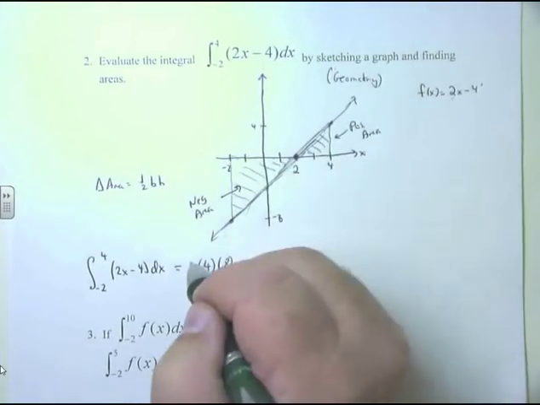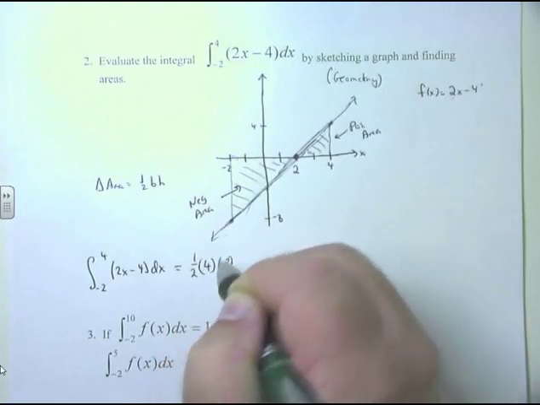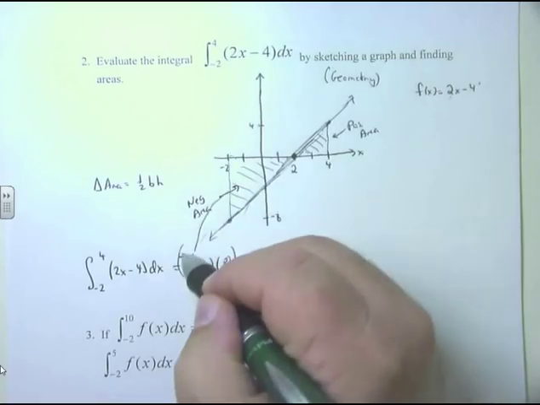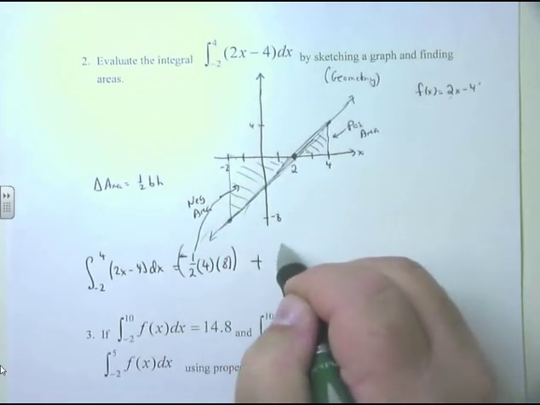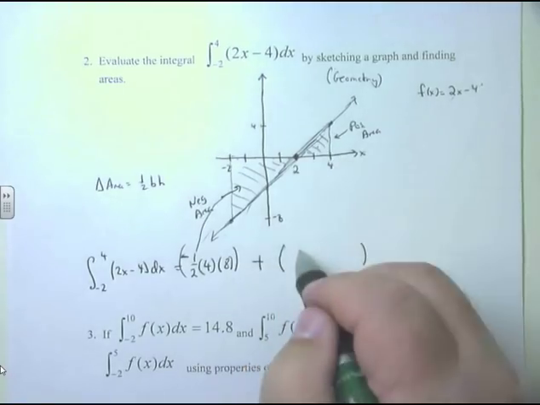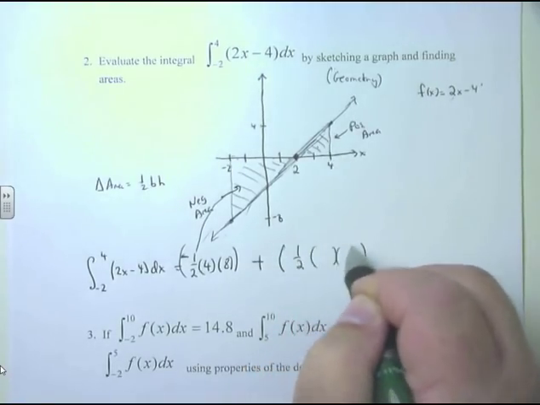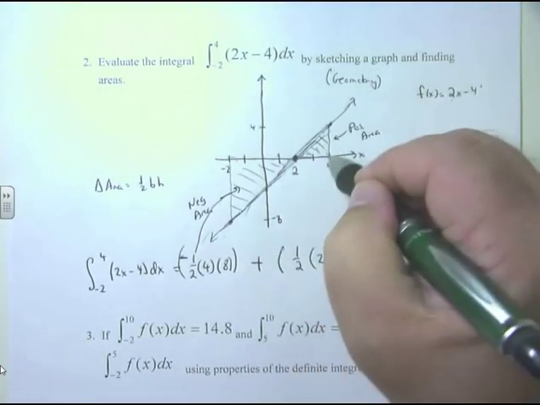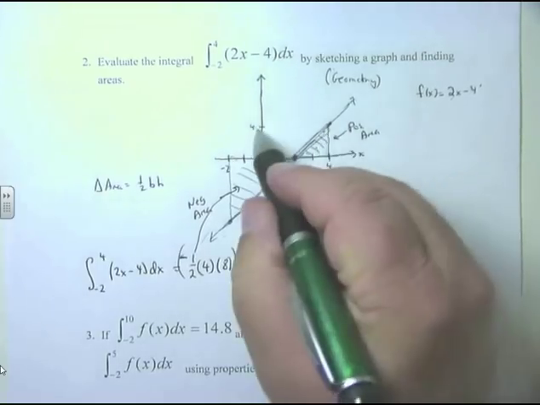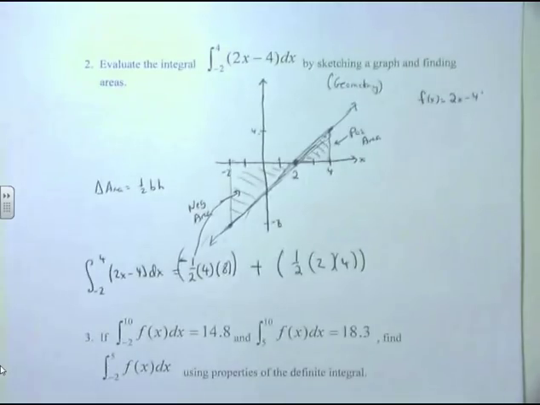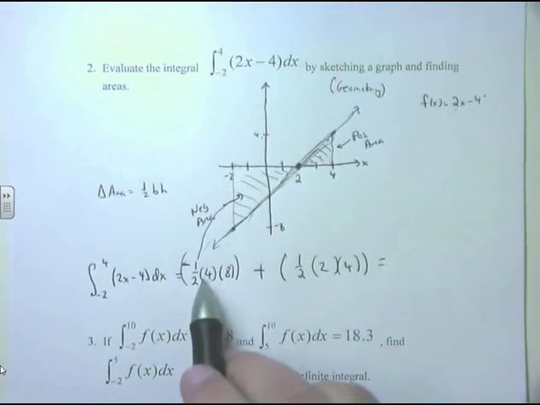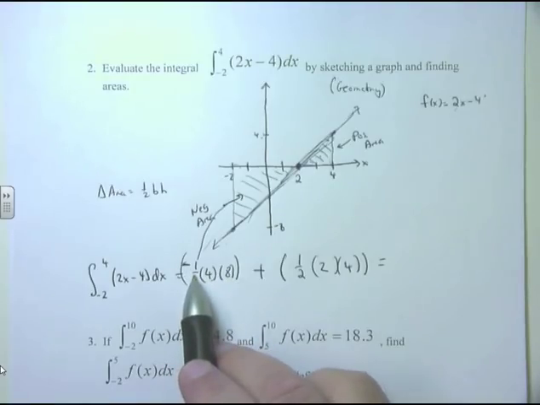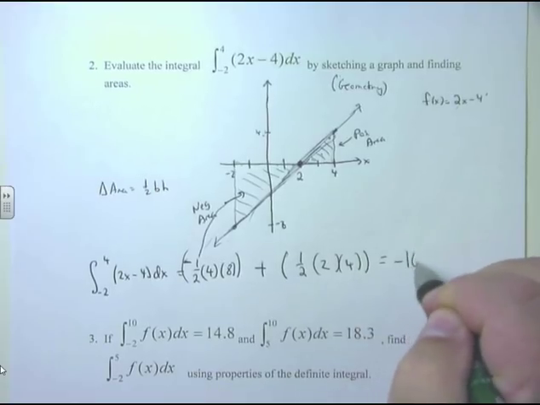It's area below, so we know this is going to be 1/2 base times height, and you're going to have to make this part negative. So this is the negative area. Plus, this is positive area. So it'll be 1/2 base times height. The base on this particular little triangle is 2 units. The height is 4 units, looking at my y coordinate there. So now all I got to do is clean this guy up. Well, 4 times 8 is 32, and half of 32 is 16, and it'll be negative, so that'll be -16,